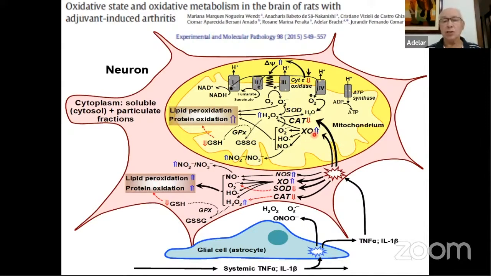There is an increase also in xanthine oxidase, which is very pronounced in the brain, and which is a parameter that can be measured when you are investigating the effects of natural compounds on the oxidative status of these rats. Well, these are the main changes that occur and that can be explored when you are measuring the effects of natural compounds.